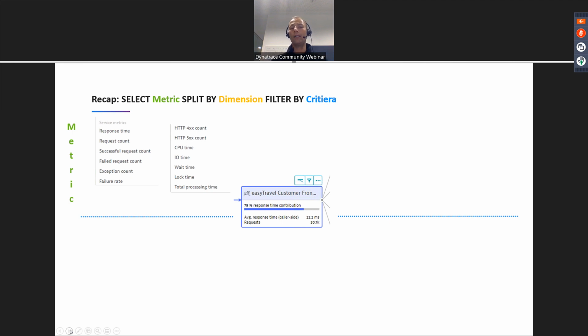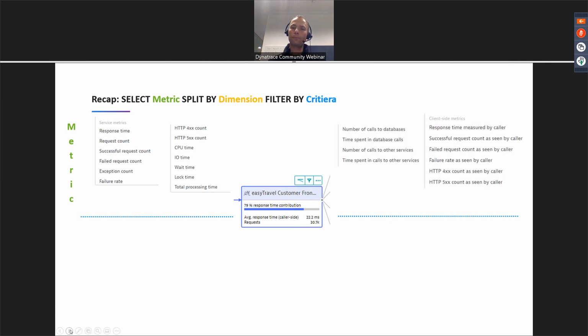There are on the one side the classical metrics that I would assume you would expect anyway: response time, request count, and you can see it here, exception count. So for instance, I want to have the exception count of requests that go to that service. But besides those that are coming in on the caller side, if you call that service, we measure response time on how long it took for the Easy Travel Customer Frontend to respond, or how many exceptions we have seen within this service, or what's the failure rate of the requests. What we also have on the other side are metrics that are going into the next layer